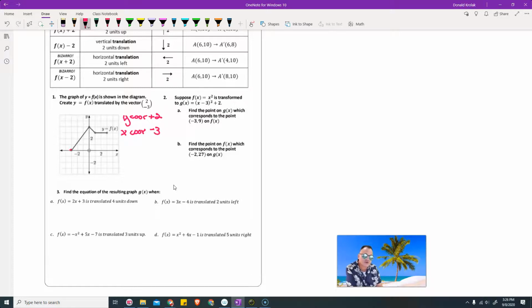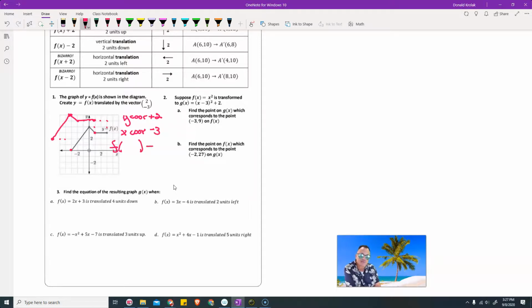So this point would go 2 up, 1, 2, 3 left. Okay, this point, 2 up, 3 left. And then this point, 2 up, 3 left. And there's my graph. Now the way I would write that, the notation for that, this would be,